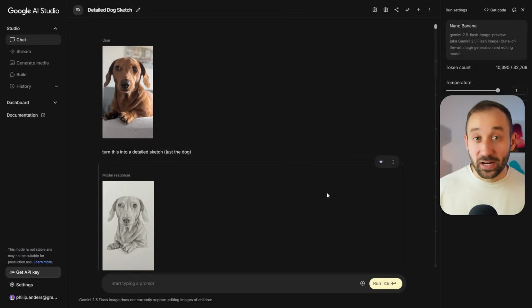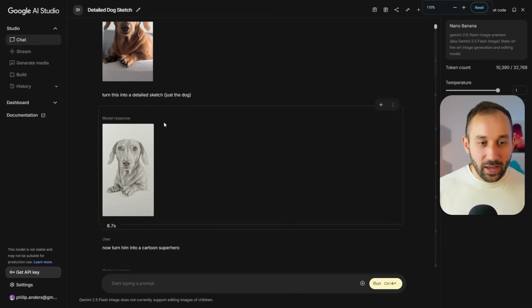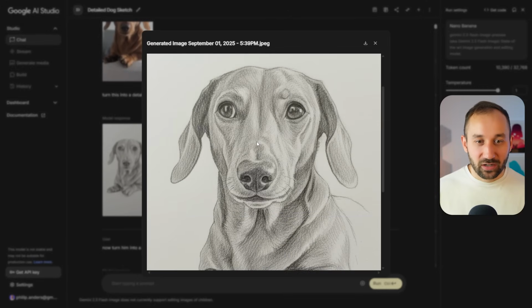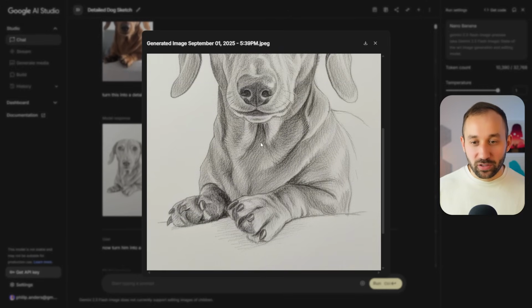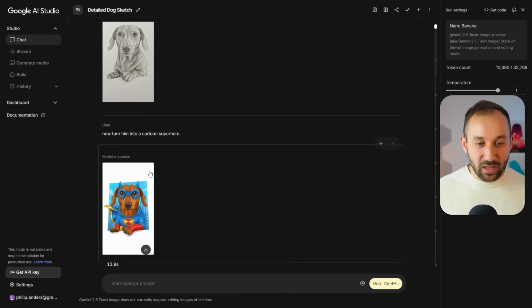So let's say you've got an Etsy or a Shopify customer that sent you a picture of their dog. So I've got this image of Milo right here, and I've just requested for it to be turned into a detailed sketch, in brackets, just the dog. And within just 8 seconds, we got this result, which looks fantastic. Definitely looks like Milo. I could have probably also told it to add the name Milo underneath, but anyway,